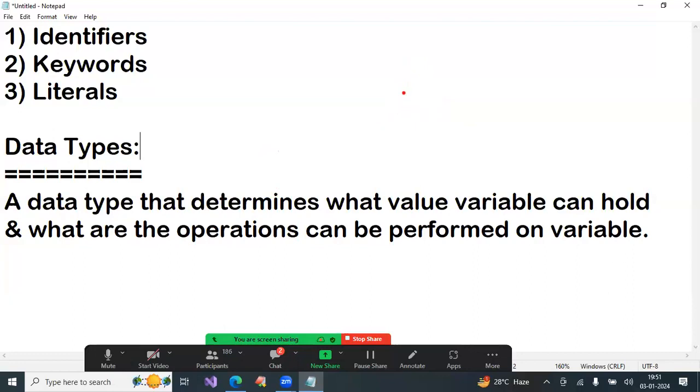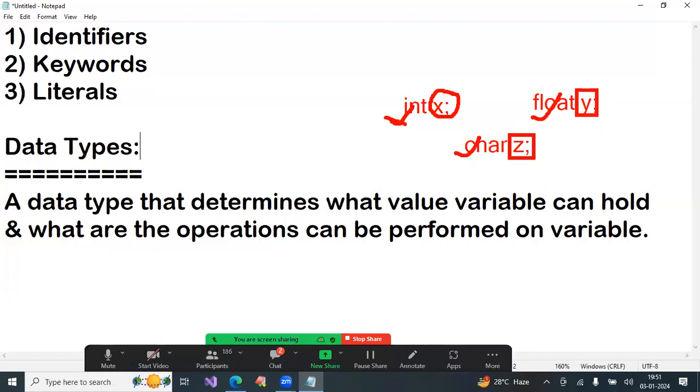If you write integer x, then it is the integer data type, and this variable contains an integer type literal. If you write float y, this y variable contains a floating point literal. Character z: this z is a variable which contains a character literal.